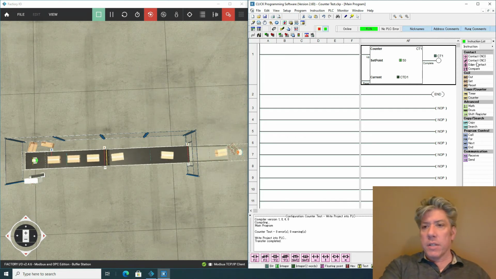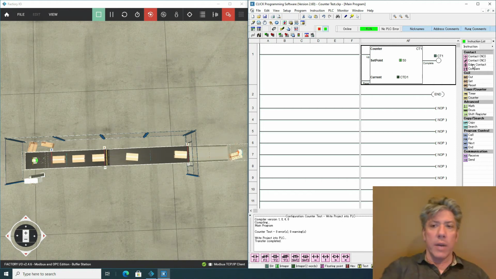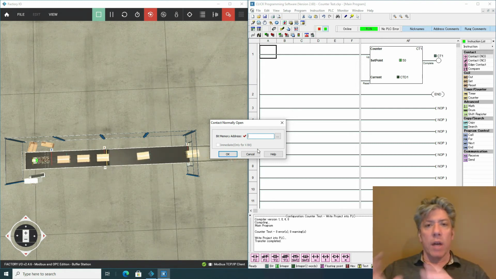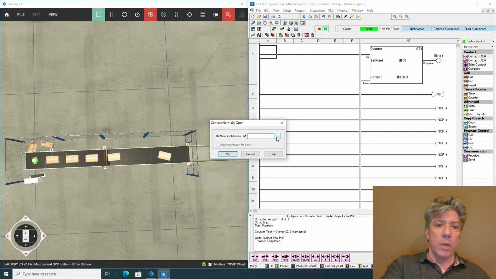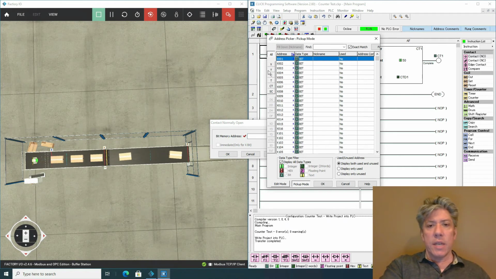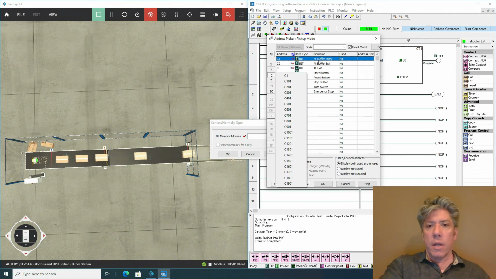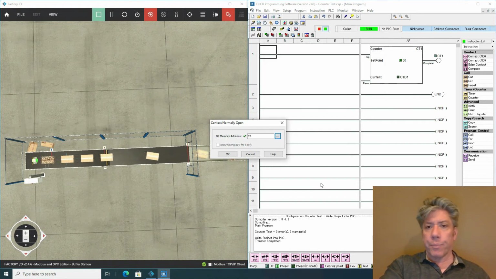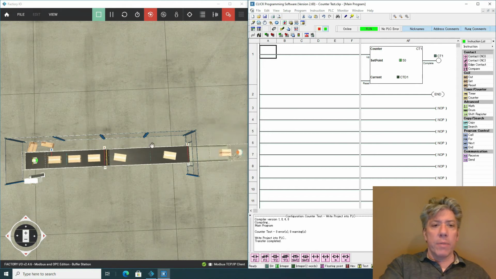Now, you might look at this and say, well, I guess I need an edge contact to sense that transition from low to high or high to low. That's not the case. You actually only have to put on just an instruction to look at memory and decide whether or not it's on or off, and the counter will automatically detect when that rung goes from false to true. And so what I'm going to do is simply reference that sensor at the entry to the conveyor. So I'm going to reference the at buffer entry sensor,